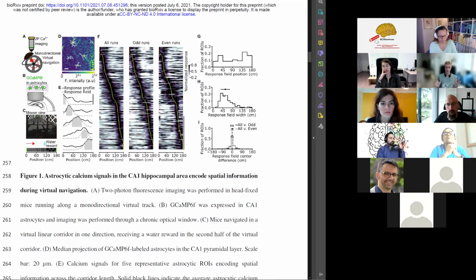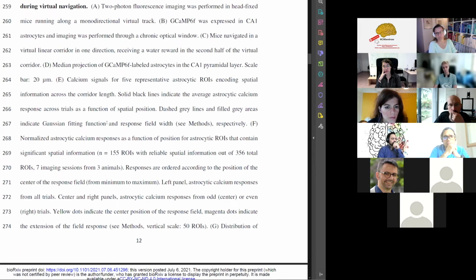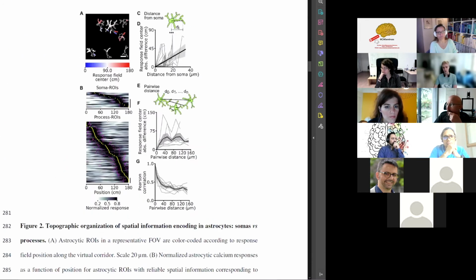So for now, it's very interesting, but as I said before, it could be just mirroring neuronal activity. But it's a very nice confirmation that it works. There is information about that in the activity, in the calcium activity of glial cells. One thing that is interesting to know, and they explored too, is that